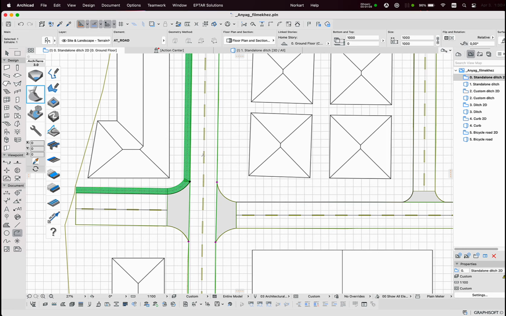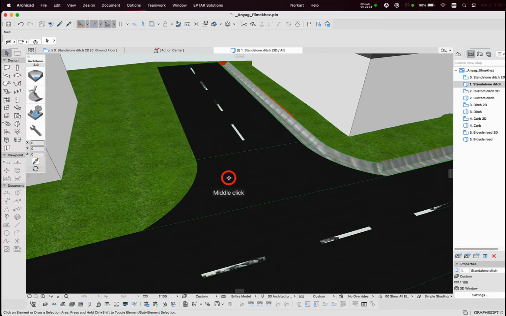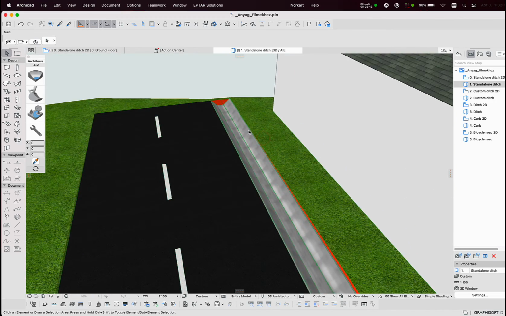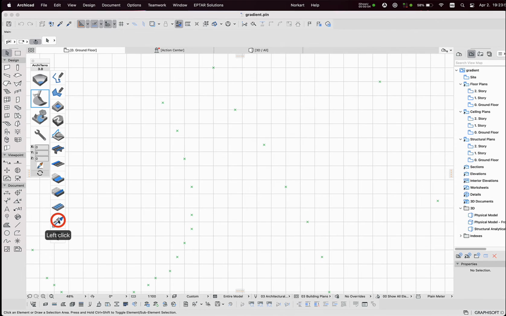This way we can create a ditch in any place with any shape. Sometimes this process is possible to do in one operation if roads do not have big level differences. The gradient tool is a new feature in Architerra. This tool allows users to measure the slope between two selected points on the terrain surface in either degrees or